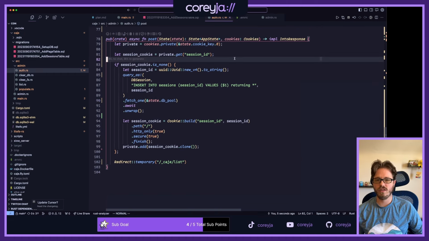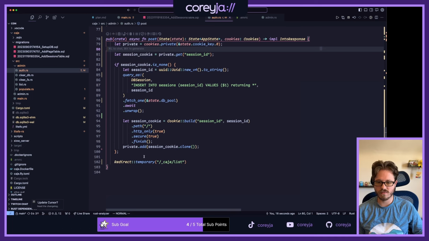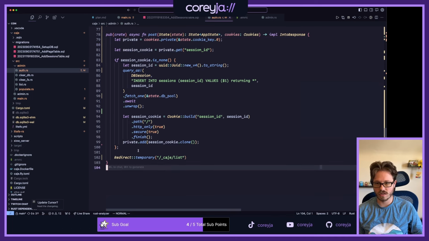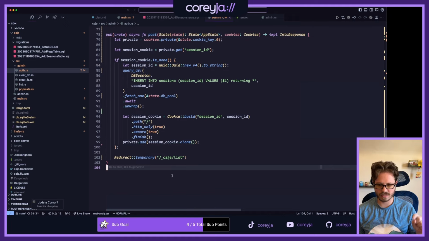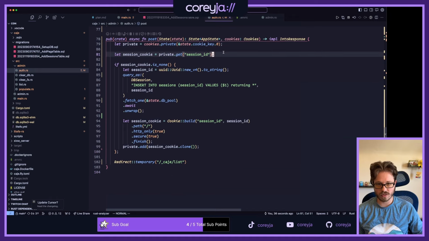So when you try to log in, we don't do any of the auth stuff yet, like username and password checking. We're gonna get there. You click a button, you're auth. It's great. We look for the cookie and get the ID. If you don't have a cookie though, we insert a new session and give you a cookie. If you have a cookie, we just assume you're good to go to list. But I don't think that's actually gonna work because this thing is the thing that needs to make you get logged in. So I think what we need to do is